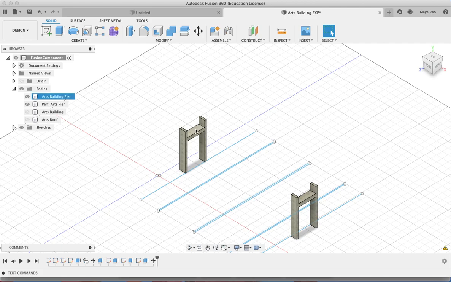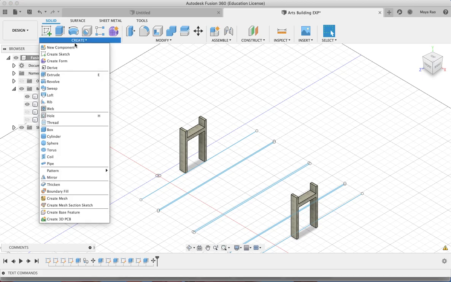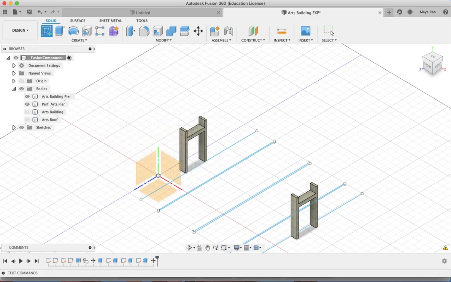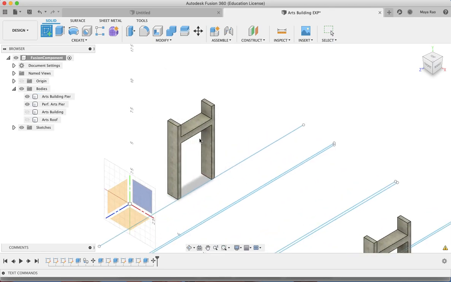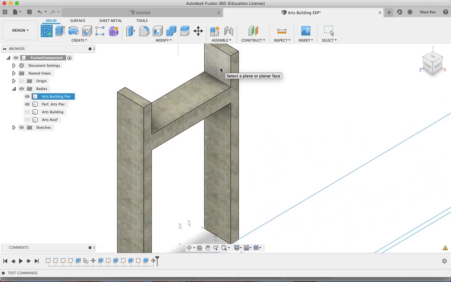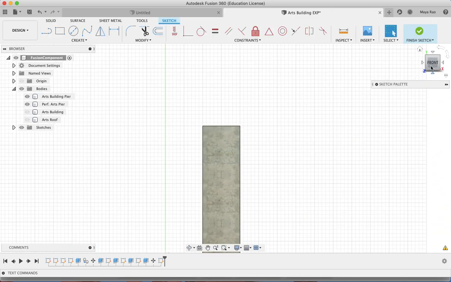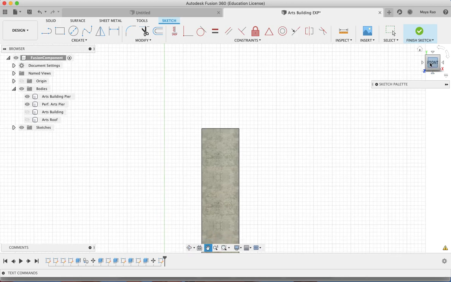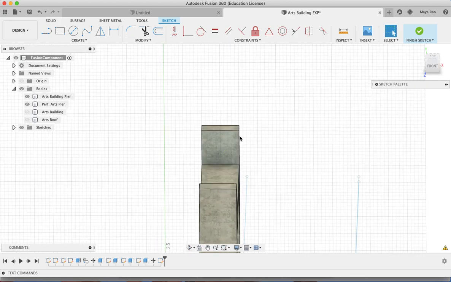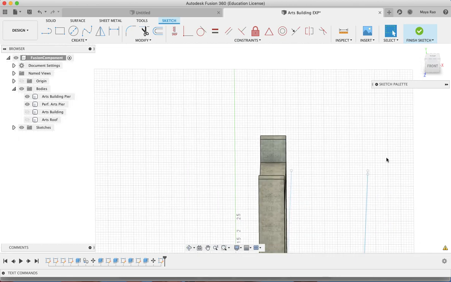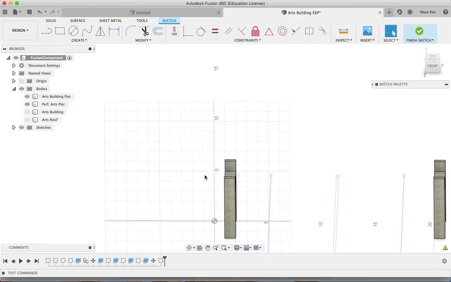So the first thing we're going to do is imagine just placing a steel beam across from one of these piers to the other. I can hide these too, but I'm going to use them. So what I'm going to do is create a sketch. Now I'm going to select a specific face. I'm going to select this face. So it kind of hides it from you. Let me just show you here. This is the face I'm going to create my sketch on. And I actually want to see both